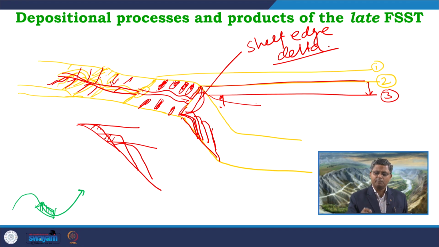So, it will not be able to cross-cut the substrate or the sediments which are accumulating, because the clinoforms of the sediments accumulating over here are much steeper than the wave equilibrium profile. So, the wave reworking will stop over here. As a result, we will not get any RSME surface at this particular point.